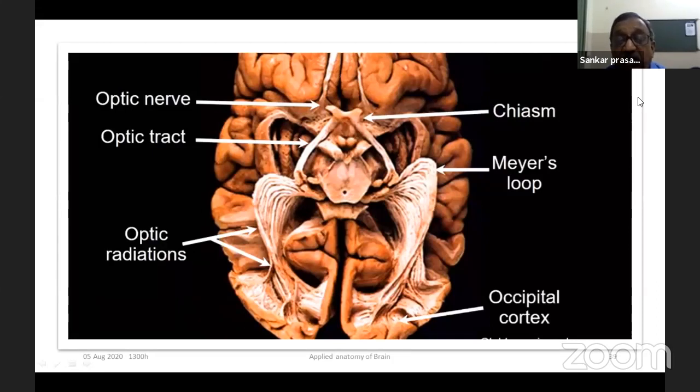That brings us to the optic bundles. So this is the optic chiasm, the optic nerve, the optic tract, and for those who are nowadays reading ophthalmology, it will be interesting. The optic tract and optic radiations are bringing this to the striate cortex. And why striate cortex? I'll show you in the next slide. This is Meyer's loop, which is looping in front of the temporal horn and going back towards the occipital